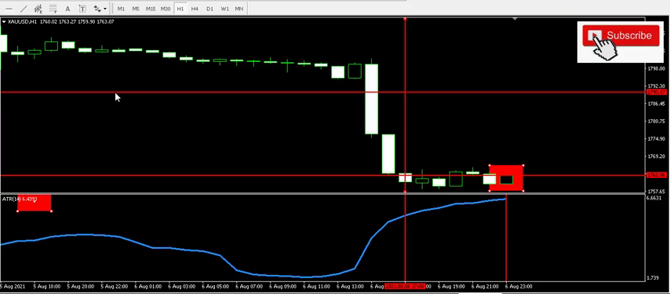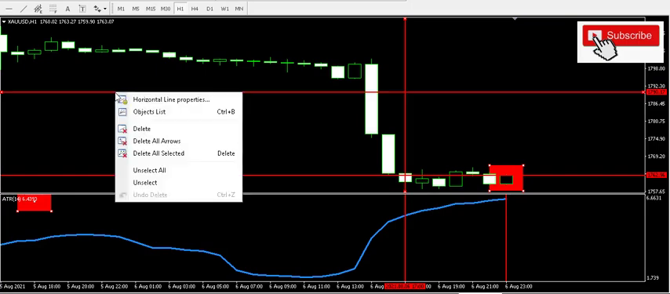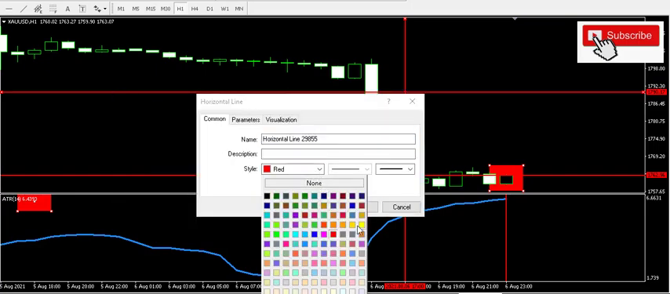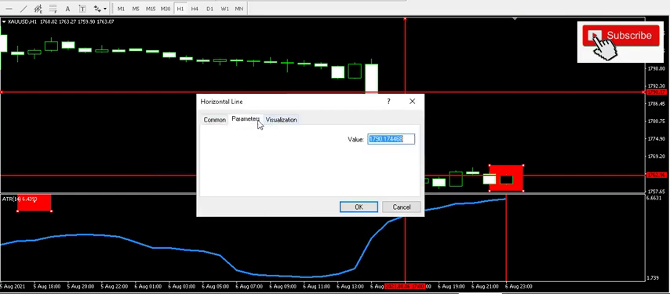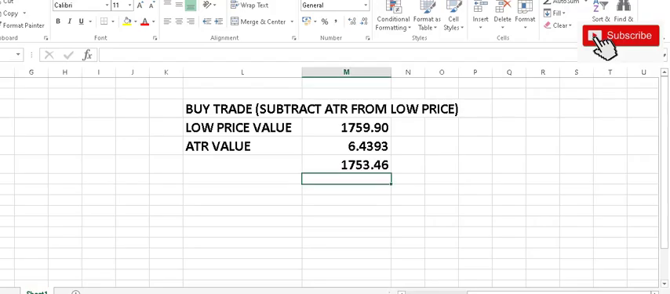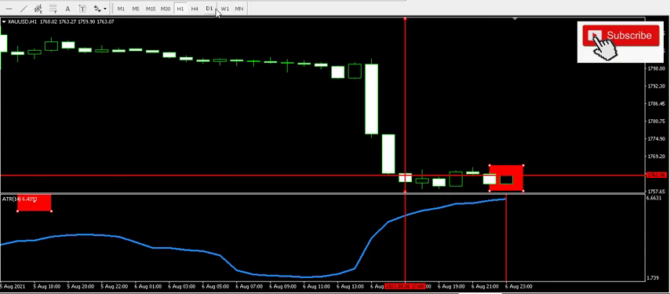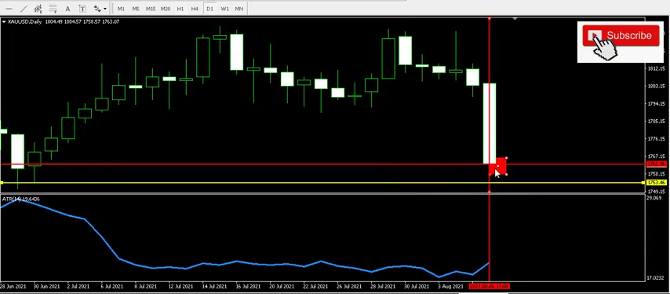Let's change the horizontal line to another color for the stop loss. Yellow. If I go to the Excel, 1753.46. So that's where it is. If I go to the daily time frame, so if I place a buy trade